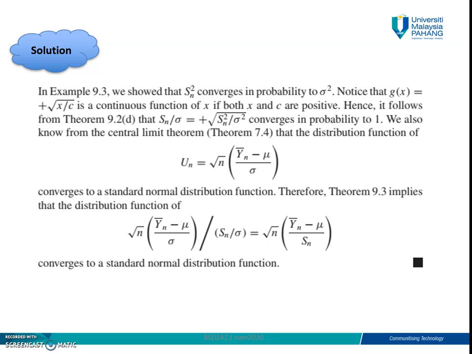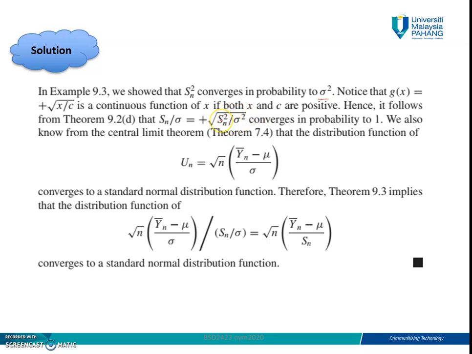If you remember in example 9.3 previously, we showed that S squared n converges in probability to sigma squared. And notice that the function g(x) equal to plus or minus the square root of x over c is a continuous function of x if both x and c are positive. Hence, it follows from theorem 9.2 that S over sigma, equal to plus or minus the square root of S squared over sigma squared,